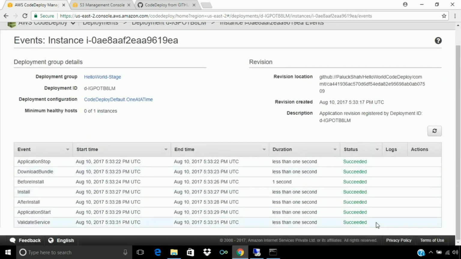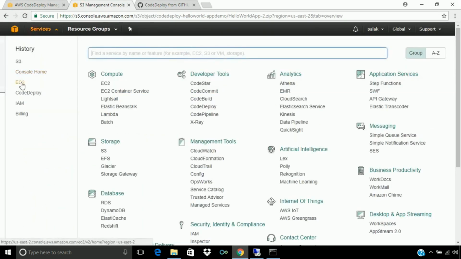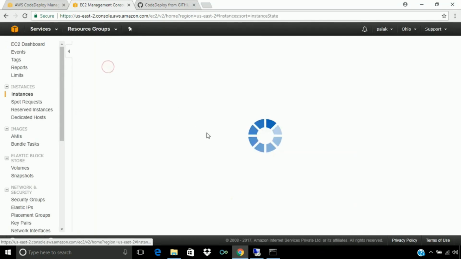All has succeeded. So we can see in our EC2 instance public domain whether our code from GitHub has been deployed on our instance or not. So let's see, by navigating to the public DNS of the instance.